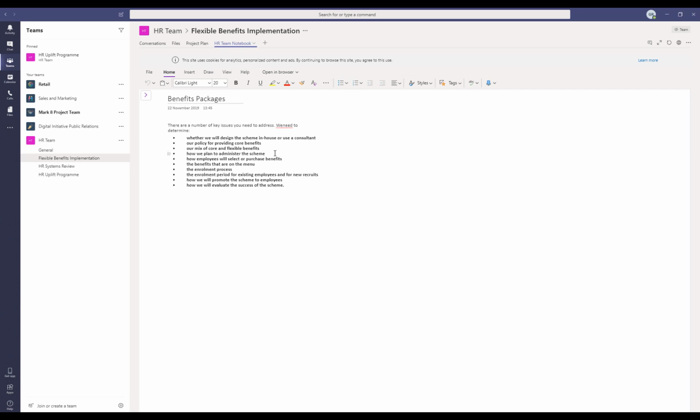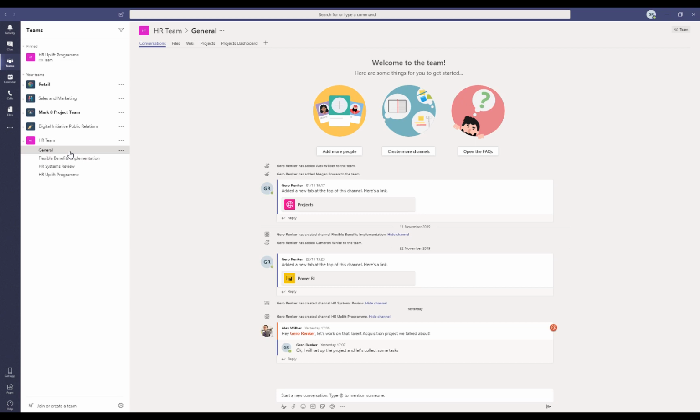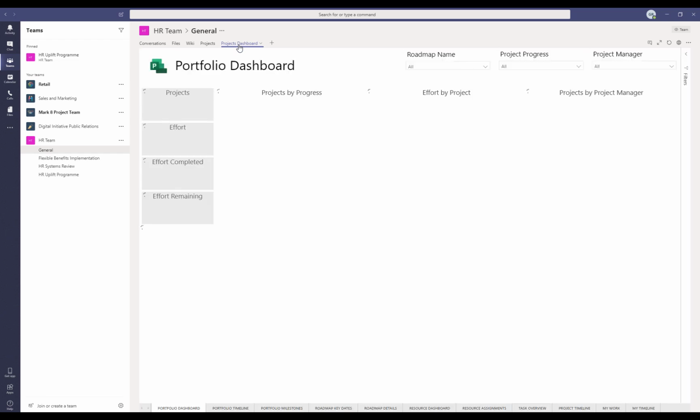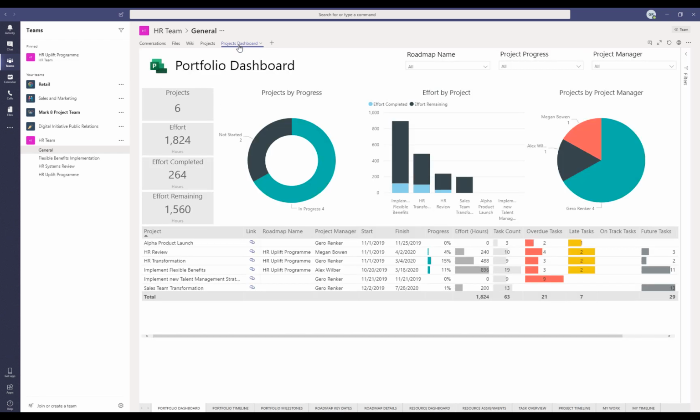Finally, let's have a look at the reporting that is available. Again, I've embedded this into a Teams channel, so let's go to the general channel of my HR team, and you can see here I've created a tab for my projects dashboard, and inside it a Power BI set of reports that is the standard content pack for Project for the web. Here we can see an overview of projects. I could link through to the schedule view that we've seen at length for each individual project,